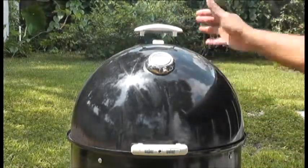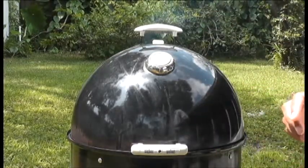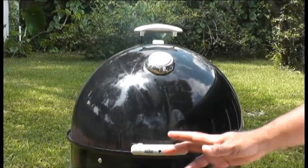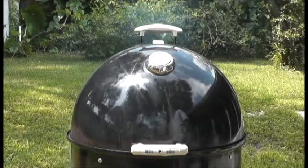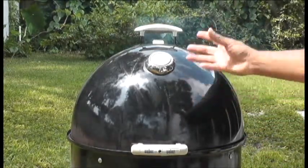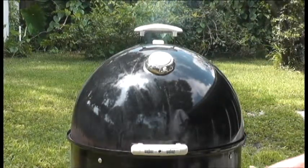Got Applewood actively smoking the pork belly right now. We are a short time away from actually turning this into bacon. Now we're not going to cook it. We're only going to smoke it. We still want to fry this bacon and be able to enjoy it the way you would traditional bacon, but the smoking process right here is going to impart that smoke flavor. Hopefully it's going to make it delicious, and we'll really be able to enjoy it with some family and some